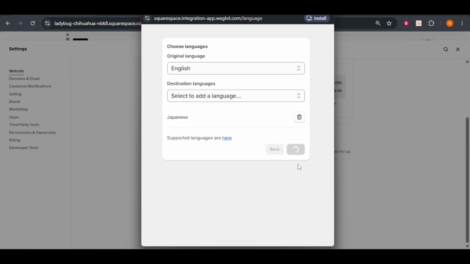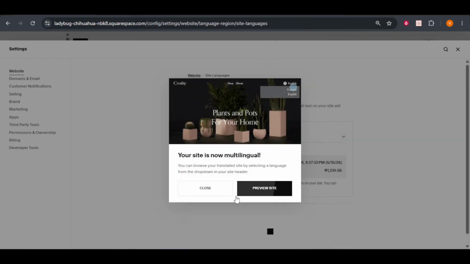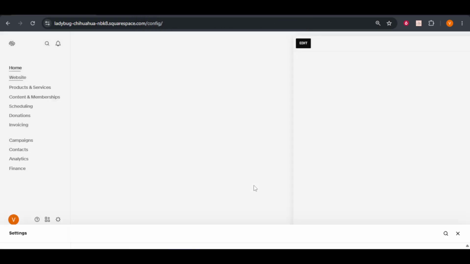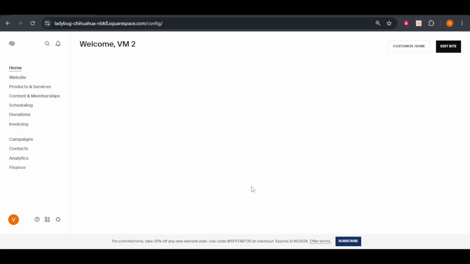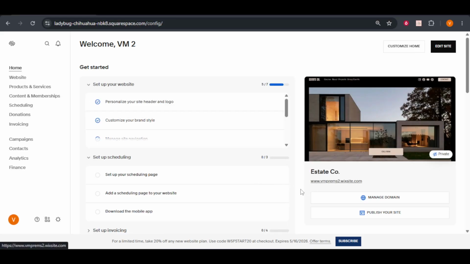One thing to note is the importance of reviewing the translations provided by Weglot. While Weglot is robust and generally accurate, it's always a good idea to go through the translated content to ensure it aligns perfectly with your brand's tone and message. This step is crucial if you want to maintain a high level of quality and professionalism across all language versions